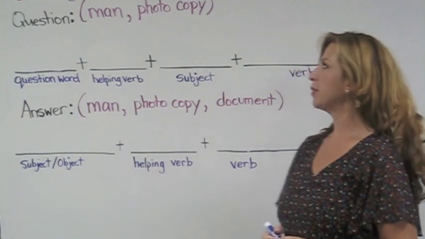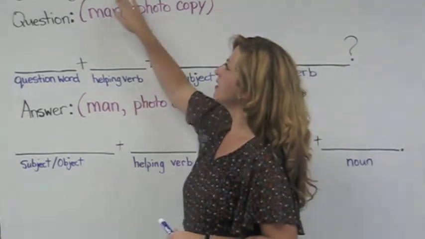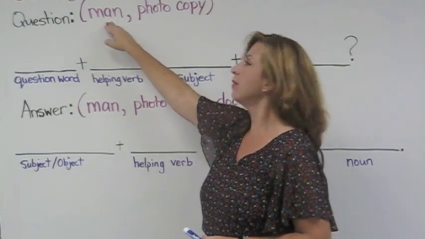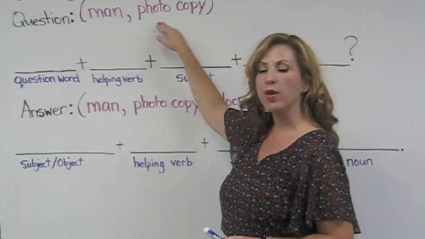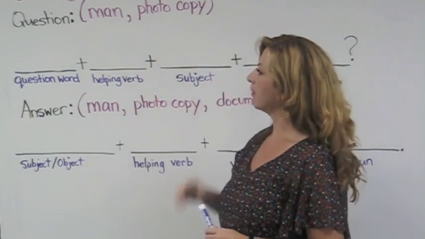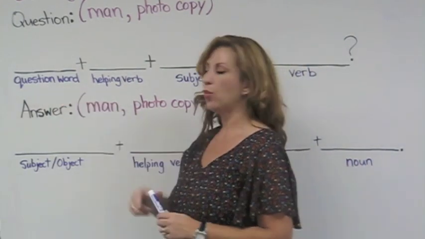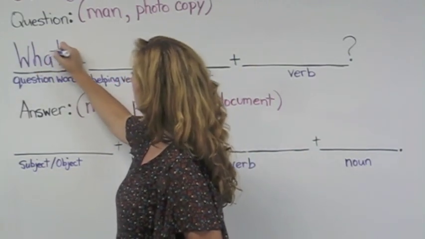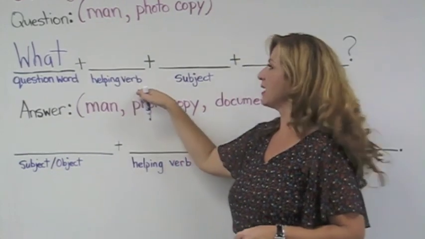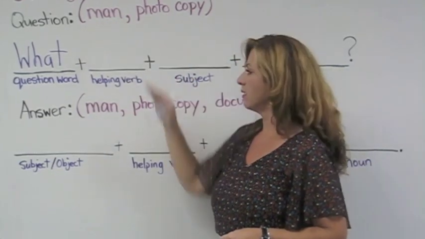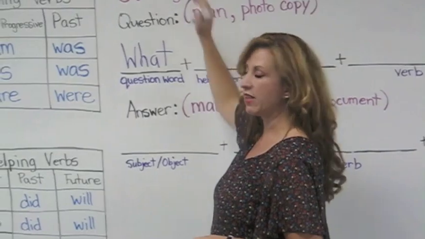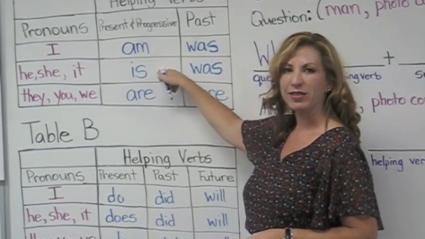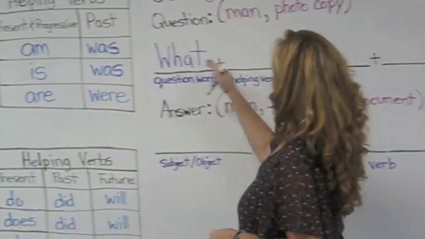Now let's do problem number 5. Problem number 5 is in the progressive tense. And our subject is going to be a man. And our verb is going to be to photocopy. So let's begin with our question word. What? Our helping verb again is according to our subject, which is a man. So it's a he in the progressive. So we're going to use he in the progressive. We're going to use the helping verb is. What is,